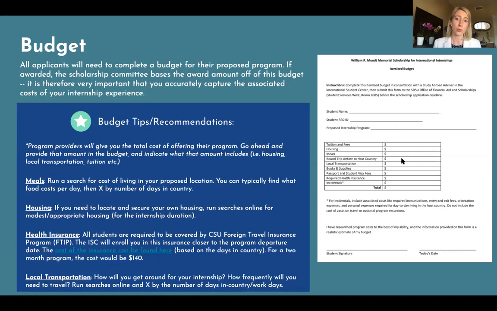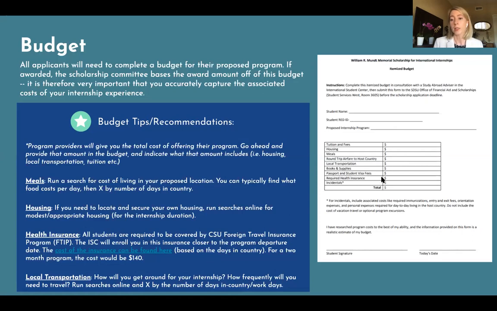Make sure to determine what these costs are pretty well at the early stages. You might find that you only received a scholarship for a portion of what you would actually need to pay because you didn't take the time to really figure out what those associated costs are. So you would go through all of those, just do your own research. It might not be applicable. For instance, maybe you don't need to purchase books or supplies, but maybe you do if you're doing a research project with it as well.